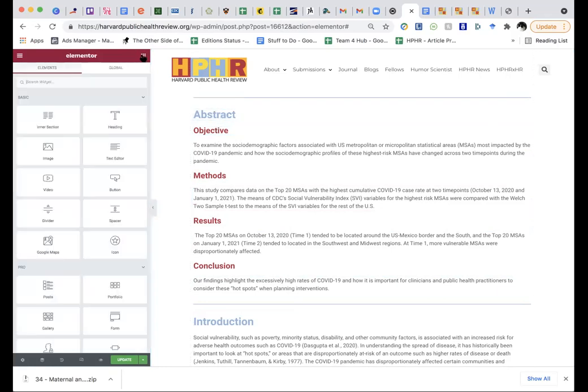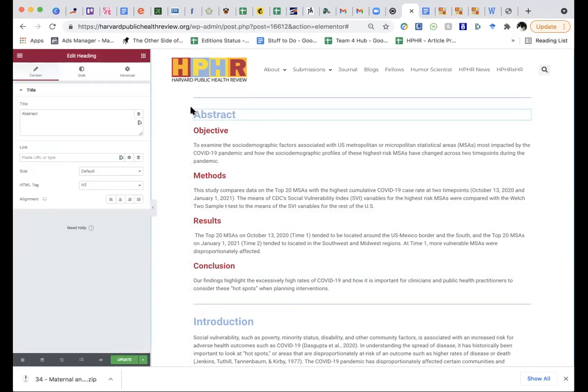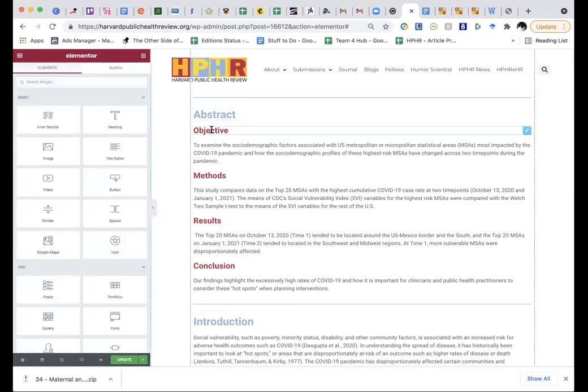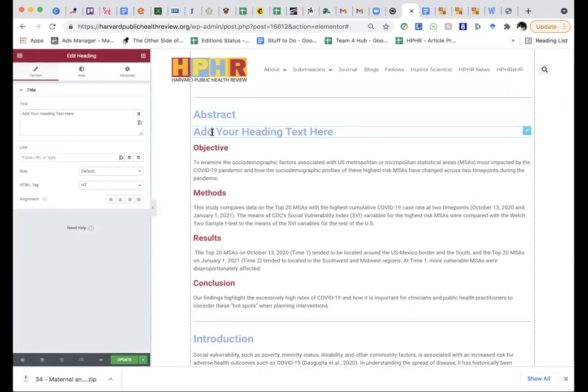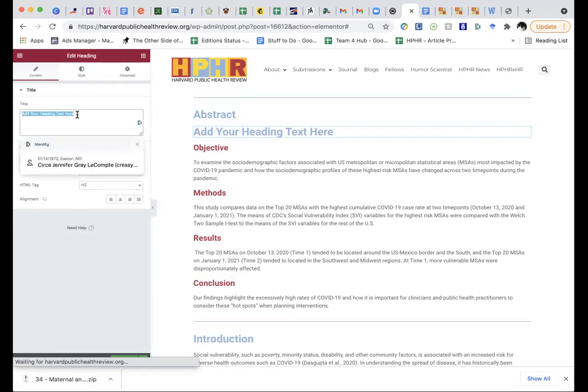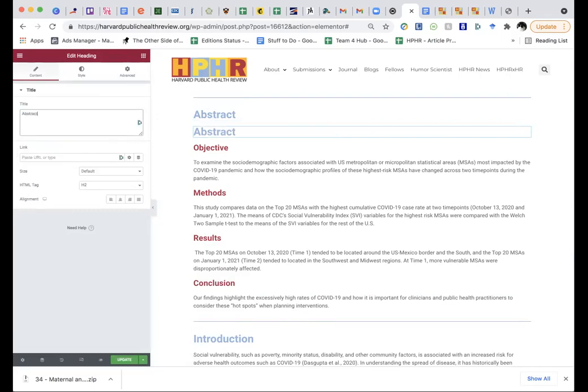And just to demonstrate, let's say you needed for some reason to add another header here, and this was not here. You're just going to go in, drag in the header, and then change the title. And it defaults to the primary blue because it's the primary highlight color for the website.